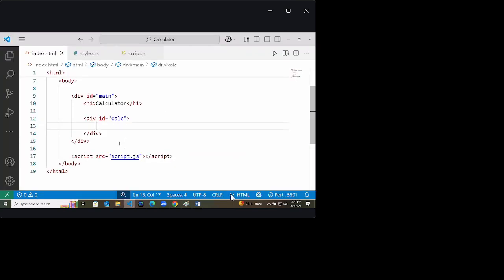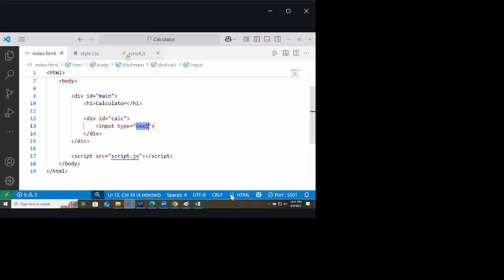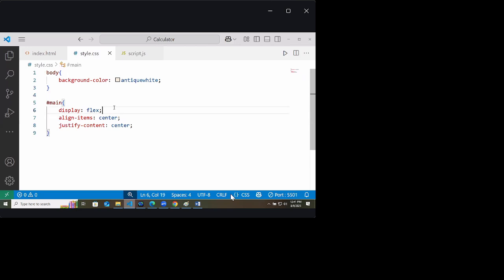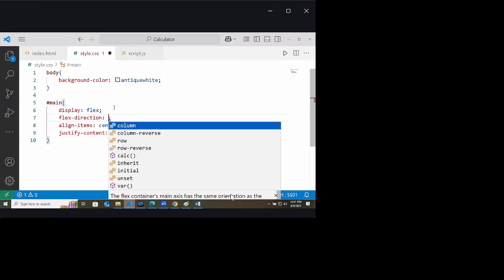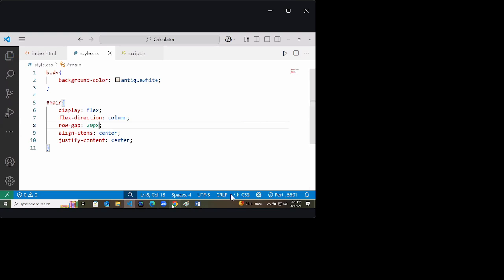Give an input box, INP input. Type as anything you can give, doesn't matter. So here it is coming to the main parent, flex direction as column and row gap of 20 pixel.